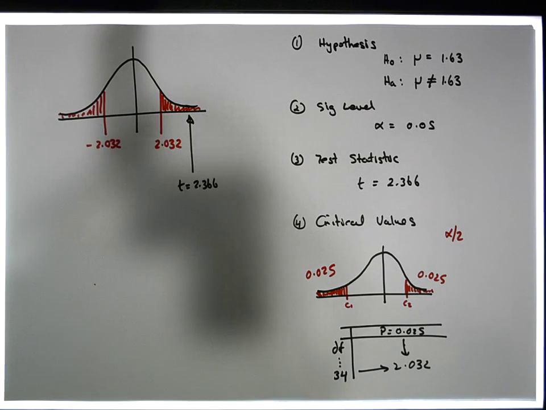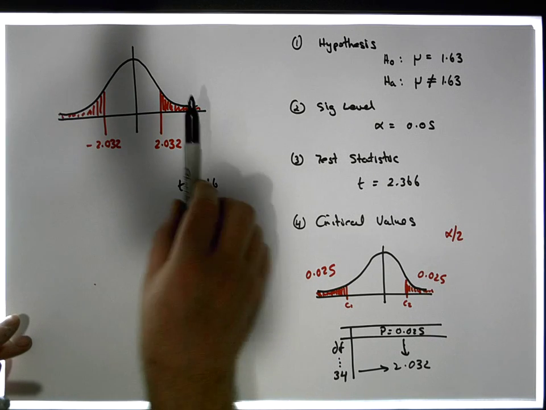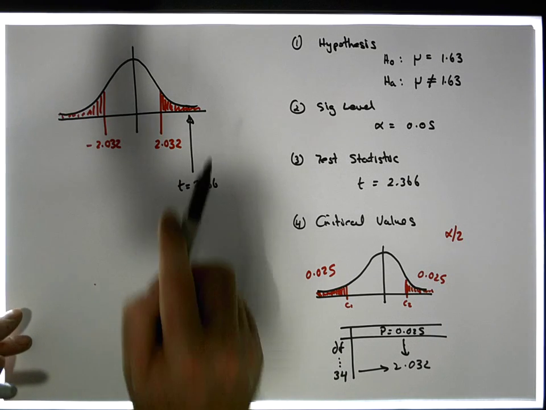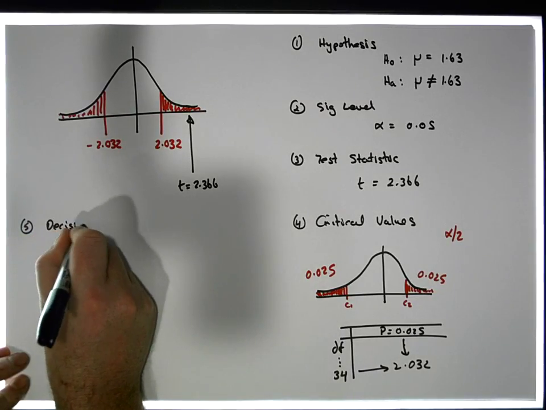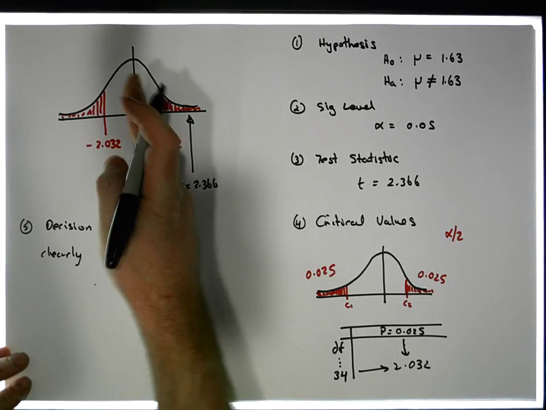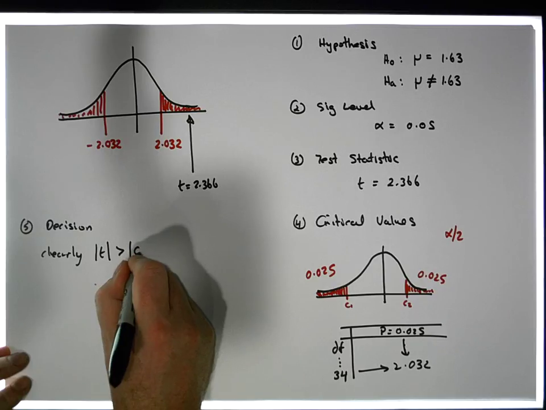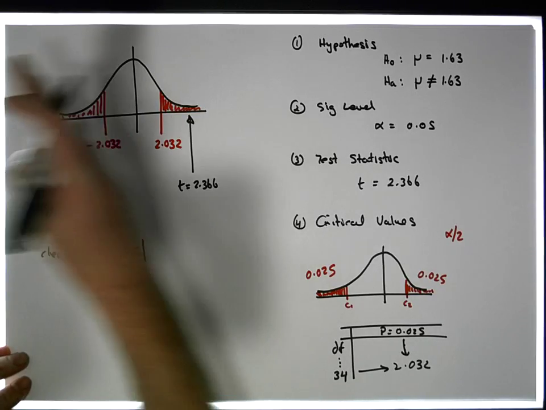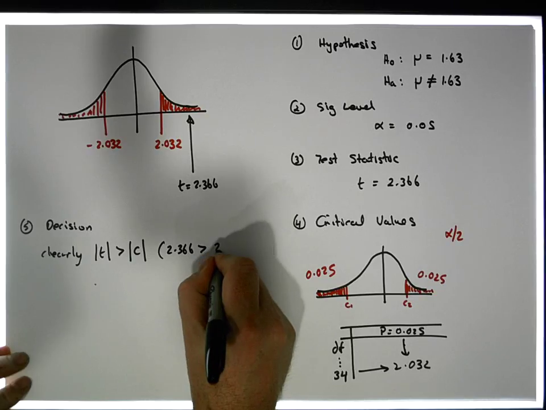Now, if our test statistic had been negative and over here, I would have rejected. But I wouldn't have if it had been a right-hand tail test. So my decision, step 5: the absolute value of my test statistic is bigger than the absolute value of my critical value, because it doesn't matter which side I'm on. What I mean by that is 2.366 is bigger than 2.032, and as such,